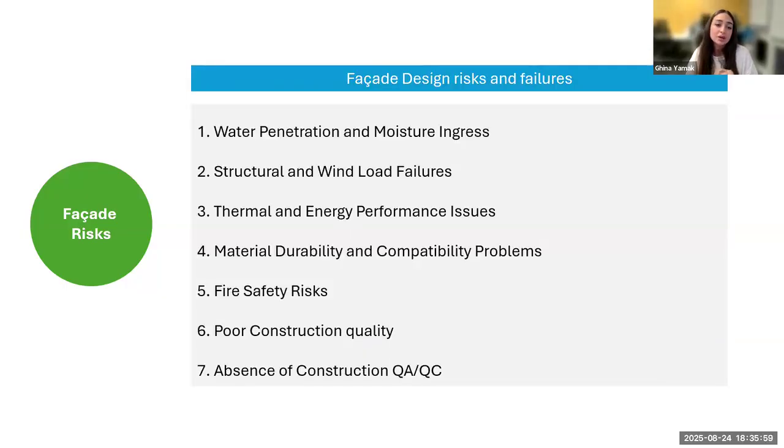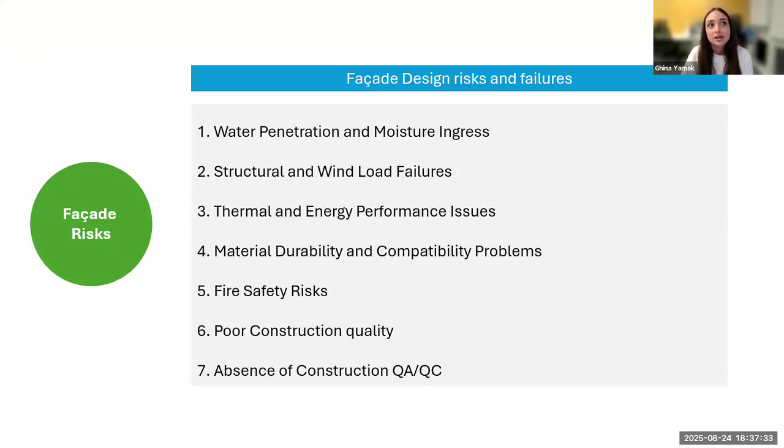Next are the risks of the facade design. What risks are associated with the facade design? We will be talking about the facade design risks and failure, what can go wrong, and when it goes wrong, what happens as a consequence. Our biggest enemy in facade design is water and moisture ingress. In this market, it's a very big topic, and a very tricky failure, because the cost of that